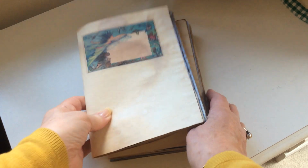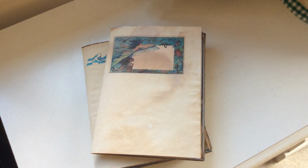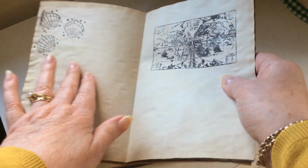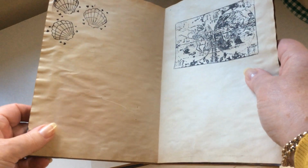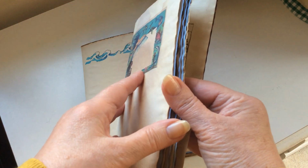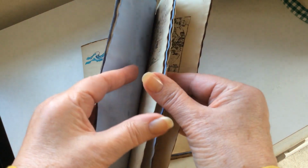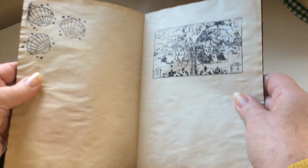I've put them together into 3 signatures, the ones that I've done, and so I thought I would show you because it's easier for you to see what we're actually aiming at. So the sheets are folded this way, landscape, so that the pictures can go in the top right hand corner and the top left hand corner. That way we can make the pockets down here. And I've put mine into here like this: tea dyed blue, tea dyed blue, and so on. It doesn't really matter, it's not that important, you can do it the way you want. But with 24 sheets, that gives us 3 signatures, each with 8 sheets in, and it's easier to show you